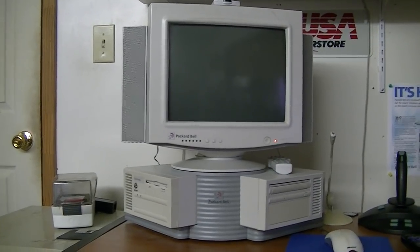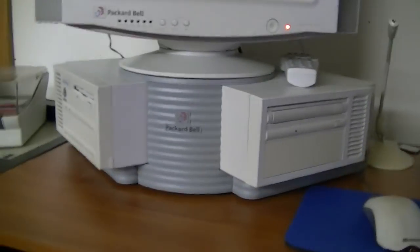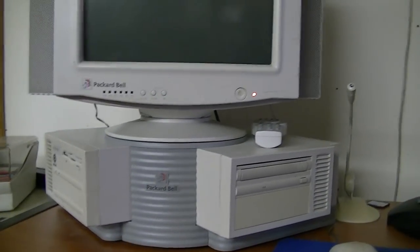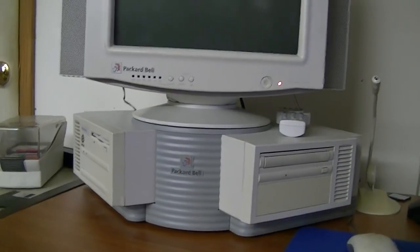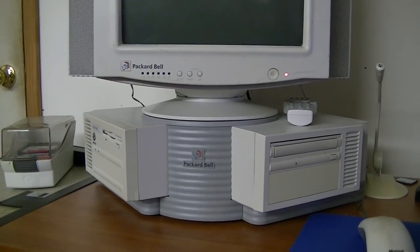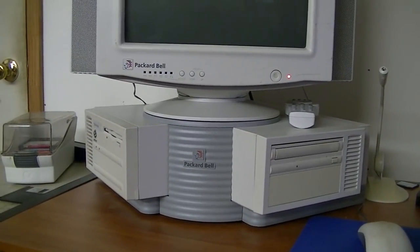Today is Friday, June the 16th of 2017, and we're back once again with what's probably one of the greatest computer acquisitions of my life. This is, of course, the Packard Bell Multimedia D132, which is famous for being one of the few Packard Bell corner desktops out there. I may be exaggerating that a little bit, but these are pretty rare computers, the corner desktops. This particular example was manufactured on November the 13th of 1996, and I purchased this for a